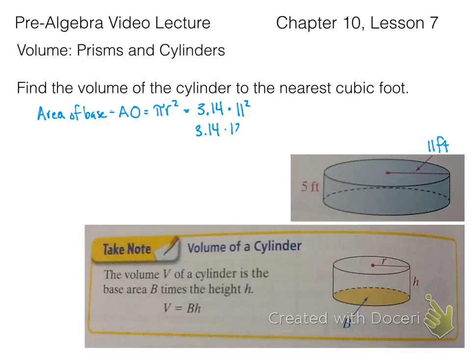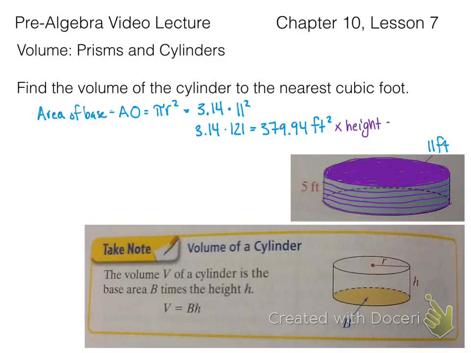So 11 feet squared would be 121, times 3.14 is 379.94 feet squared, because again, that's the area of the base. Now I need to figure out how high it is. Well, that would be 5 feet, so I'm going to replace the height with 5 feet, and that's going to give me my final volume of